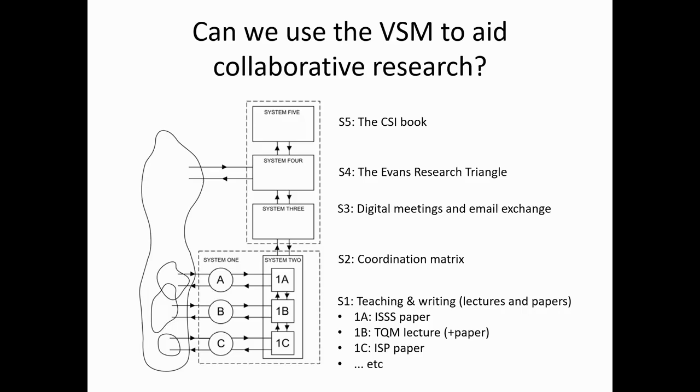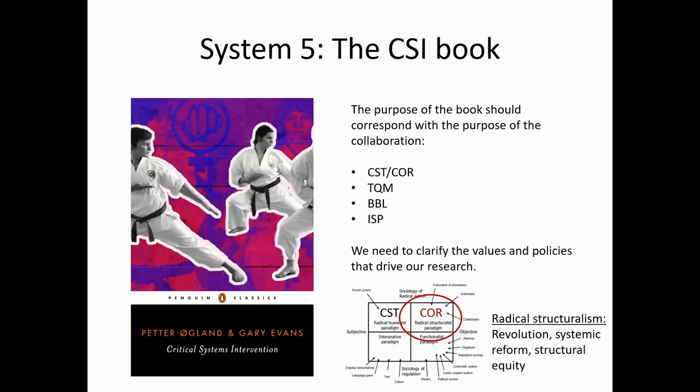System 2, coordination, with a matrix; and System 1, the individual tasks: the writing, the teaching, the discussions, the things we try to produce in collaboration. So this is a diagram. Okay, if we start with the book,